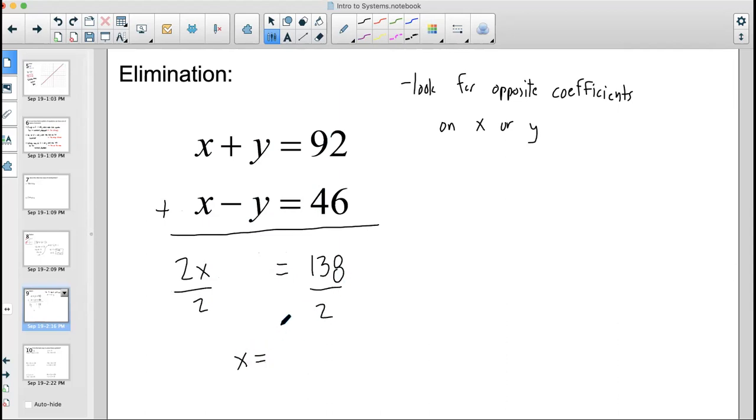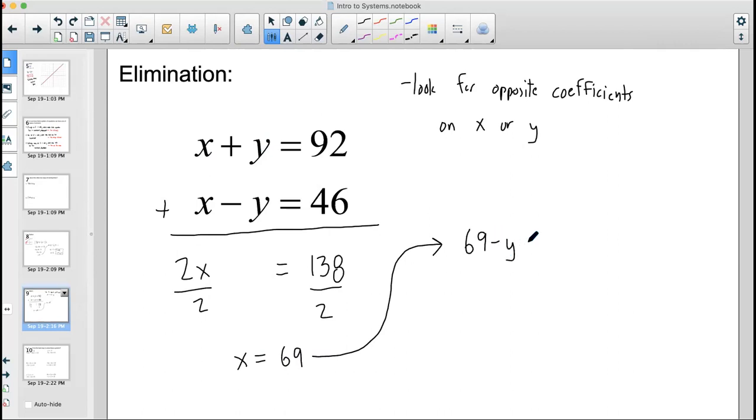X equals 69. Yeah, that's right. And now this is, again, only half the answer, right? It's good to get here, but I've got to figure out what Y is. So you just pick either one of these to plug it back into. I picked the bottom one before. I'm going to pick the top one now. So I get